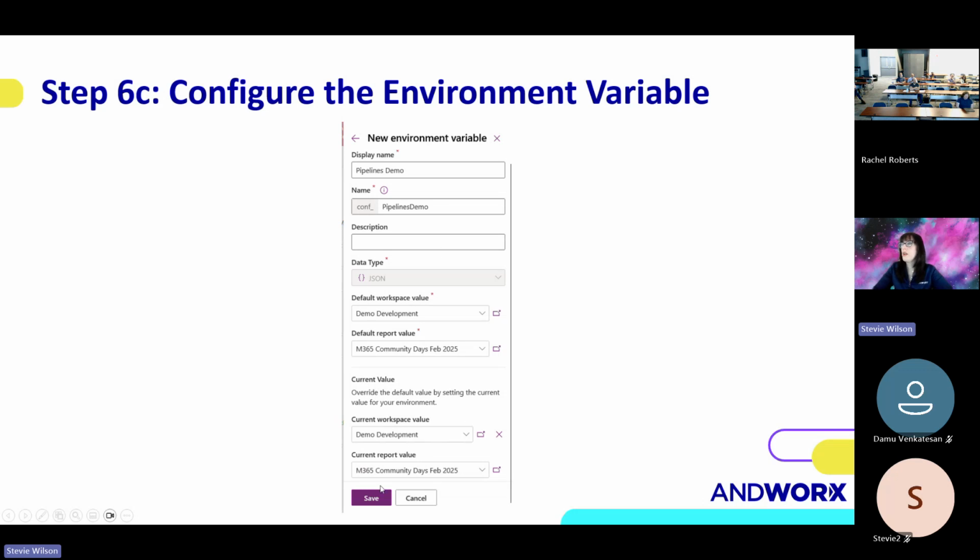So set all that up, click save, and in the backend, Power Platform is going to generate an environment variable that is written in JSON, which we're going to look at a little bit later. And it just contains all of this information about the exact Power BI report that should be pulled in whenever you're viewing the